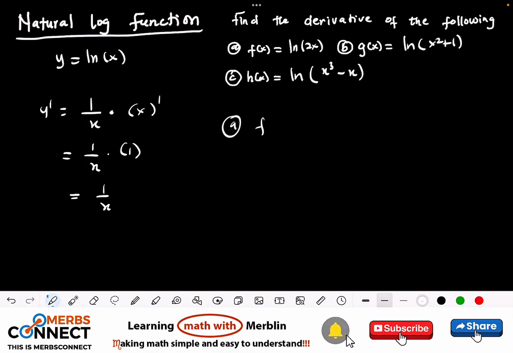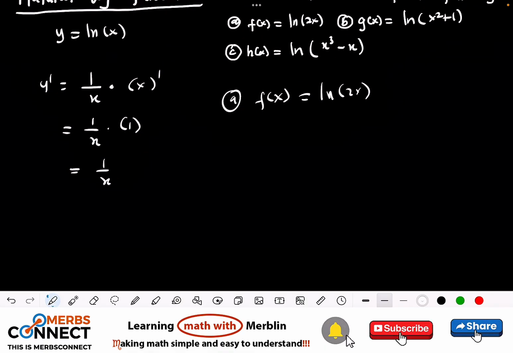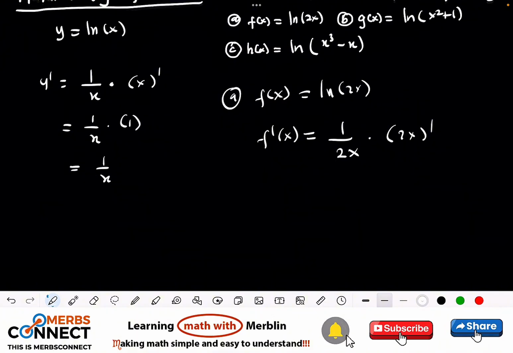So f of x is equal to ln 2x. So I want to differentiate this. f prime of x is equal to 1 divided by what is inside the parenthesis times, then I will differentiate what is inside the parenthesis. So this is going to give us